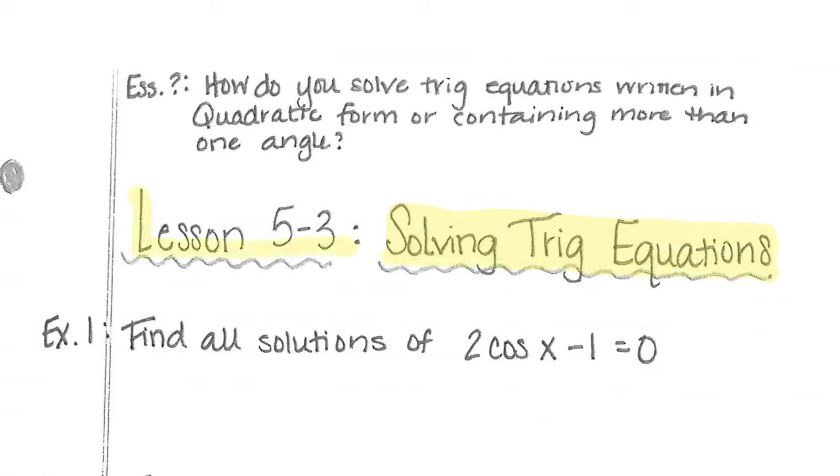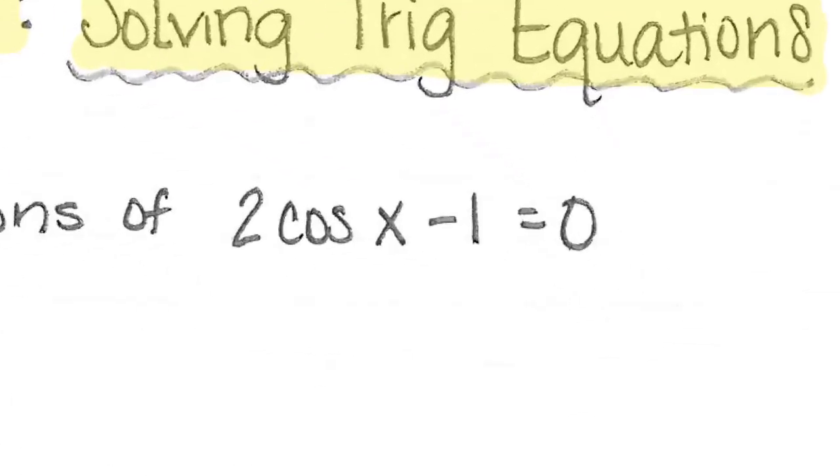We are in lesson 5.3, and our essential question is, how do you solve trig equations written in quadratic form or containing more than one angle? So the first thing I want you to do is pull out that unit circle, and let's take a look at what that unit circle is telling us. Now, we're going to look right here at example 1, and it's just telling us to find all the solutions